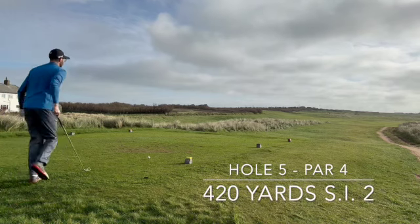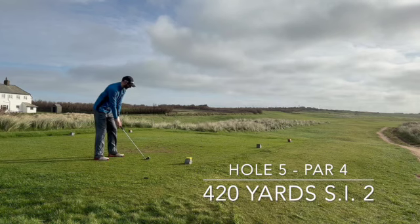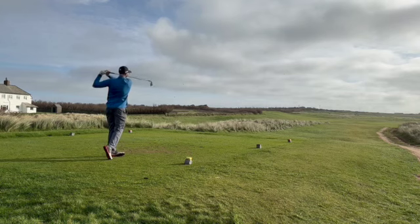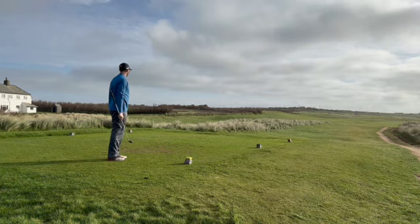Hole 5 and another par 4 here. Off the tee, this is actually quite a straightforward shot. You just have to find yourself in the fairway. There is very little trouble around. The second shot is where this hole becomes very difficult, and it is no surprise as to why this is stroke